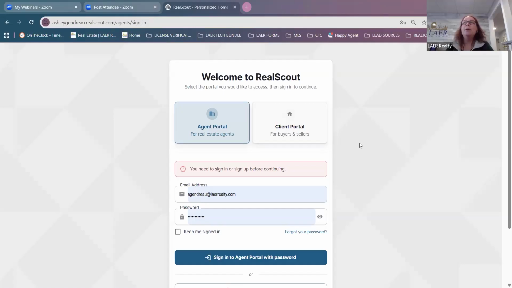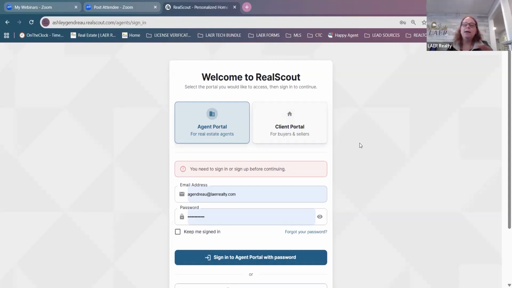The agent app has a black background with a white house, and a pro banner with a blue background and white writing on the top left corner of the icon. If you download the app that has a white background and a black house, and it says Realscout dashboard, I think, that is the consumer or client app. So you need to go back to your store and download the agent portal app